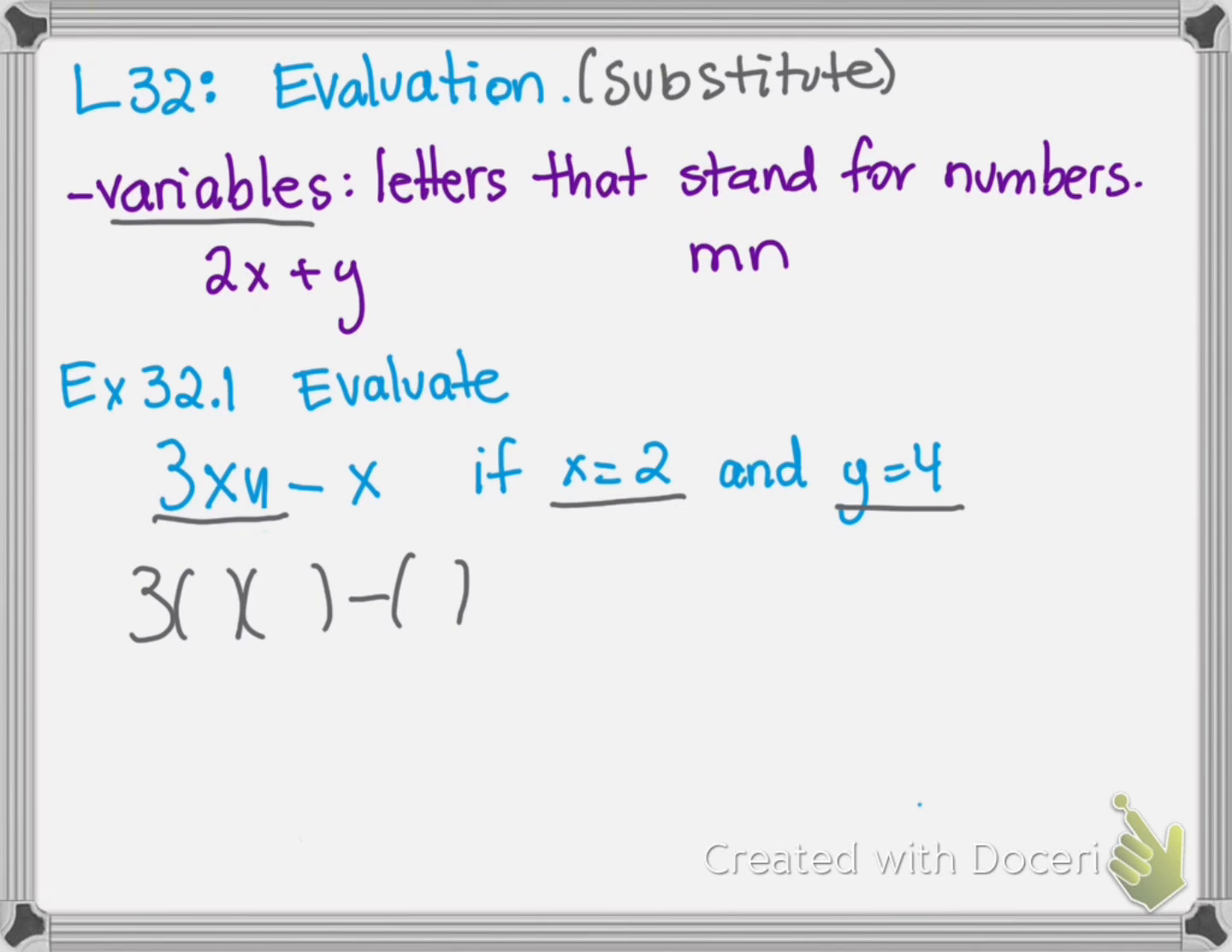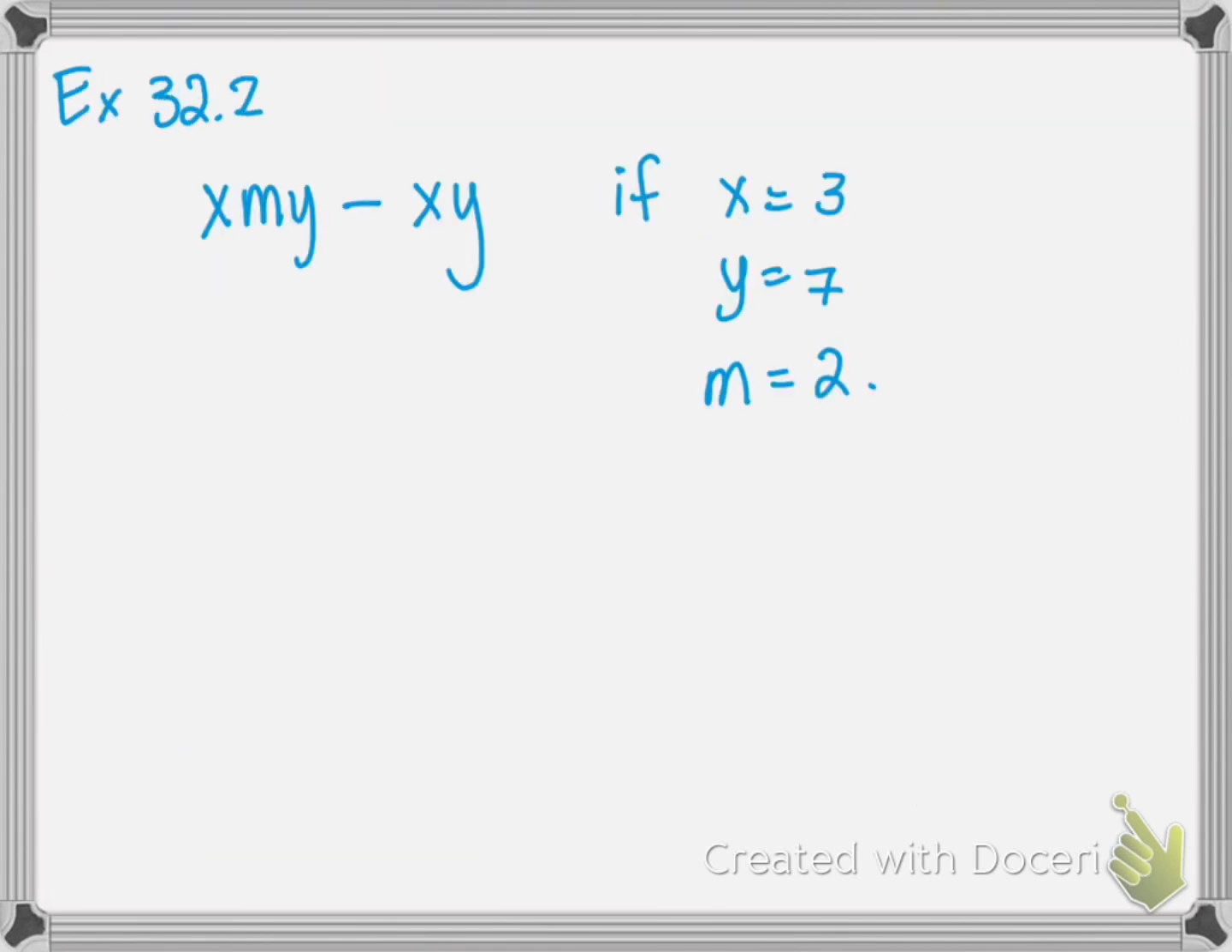So when we change the x, we put a 2 in both of the x's, and then the y is a 4. And again, using order of operations, we multiply, and that would be 3 times 2 is 6 times 4 is 24, minus 2, which is 22. And that's it. The next example is very similar, and notice again we have a multiplication here and also here,